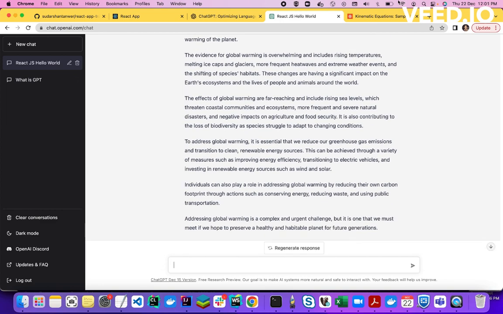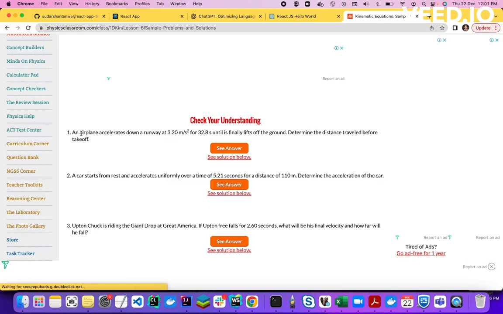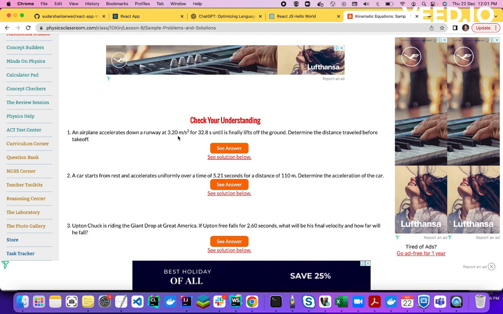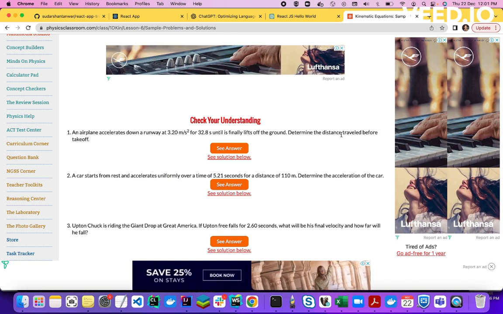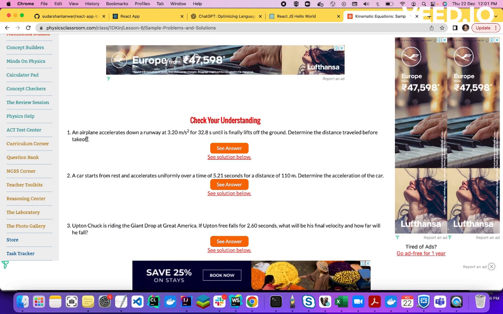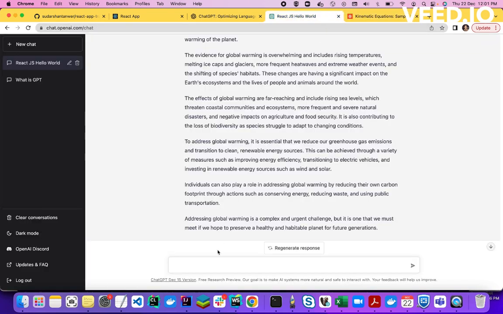Now a physics problem. I have these questions, some school questions. An aeroplane accelerates down a runway until it finally lifts off the ground. Determine the distance traveled before takeoff. Let me copy this physics problem and ask ChatGPT to see if it is able to answer it or not.